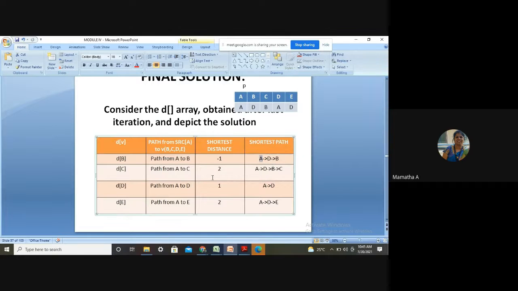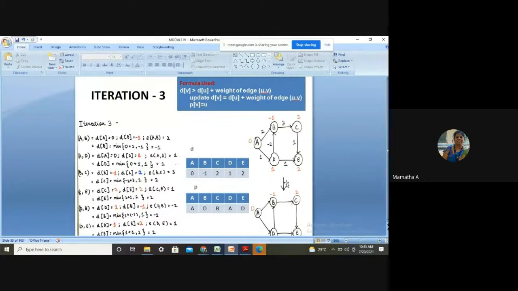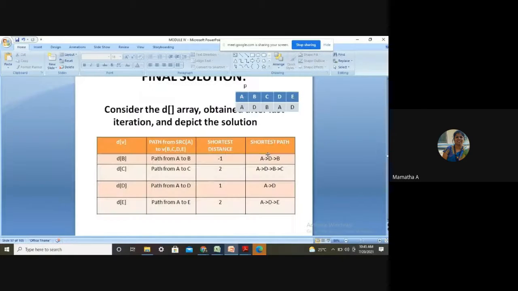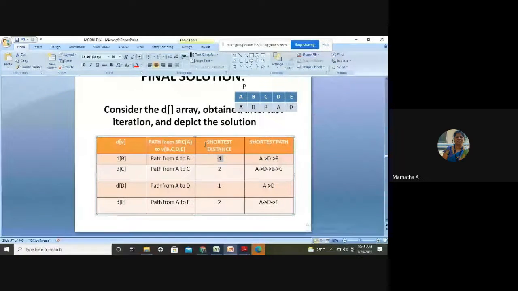Okay. Next, the path from A to C. The distance is 2. If you want, you can go back and check in the graph: ADB. That is the shortest path from A to B. And the edge weights, 1 minus 2, is how much? Minus 1. That is the shortest distance. You might ask, ma'am, looking at the graph, I will write the answer from the last table. You can write it, you will get 1 mark. That's all. Right? Next, printing the path from A to C.